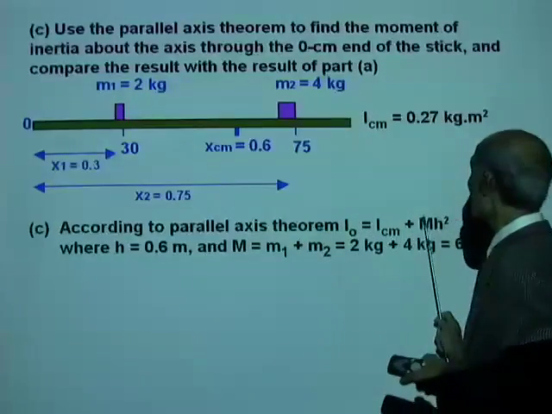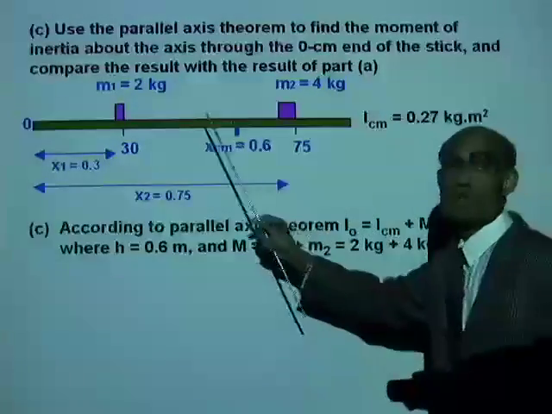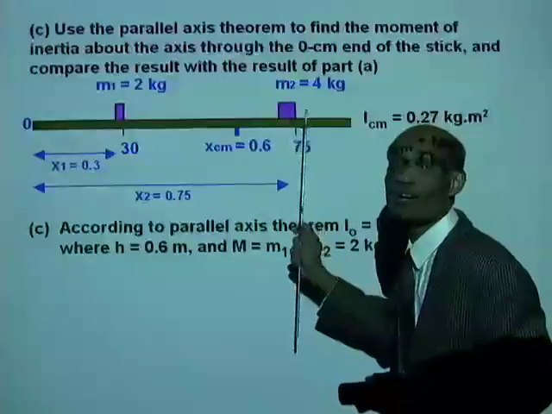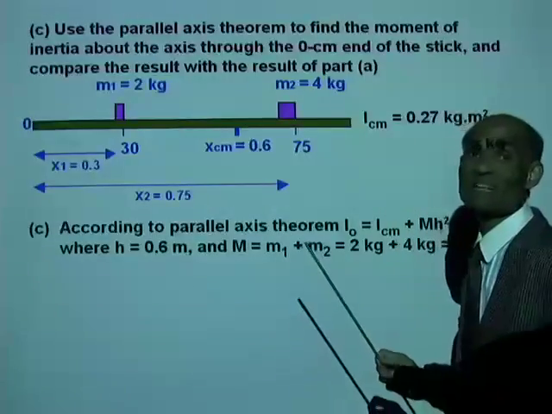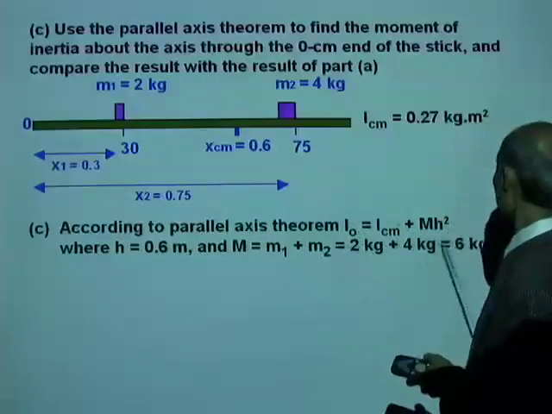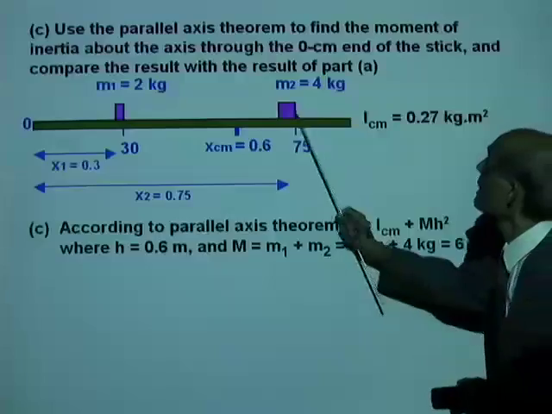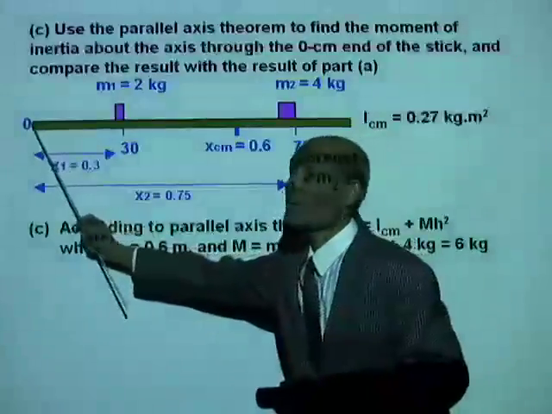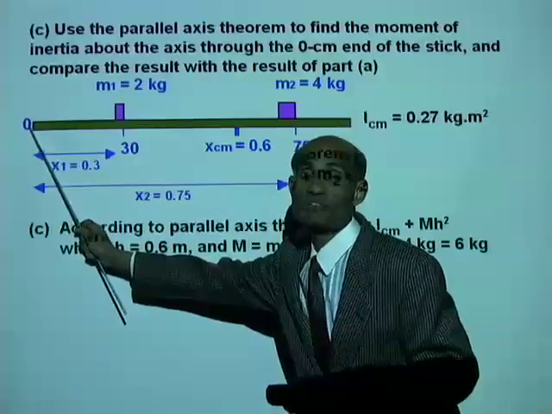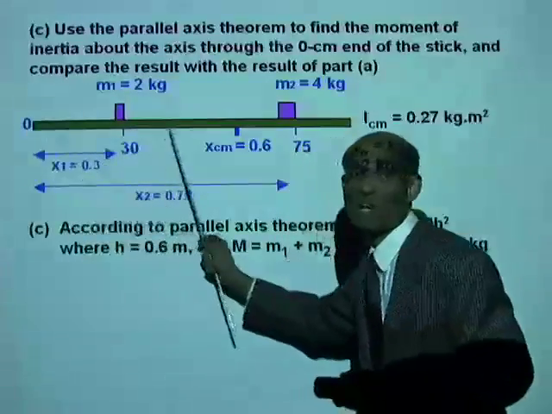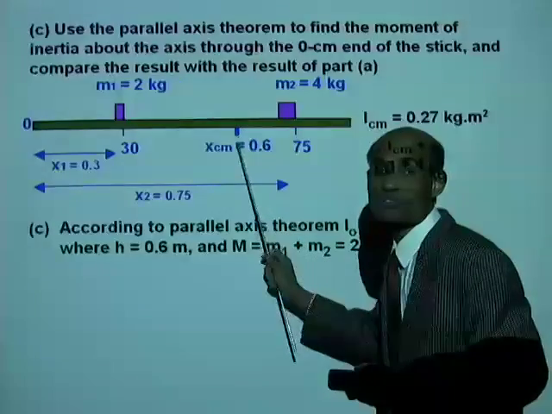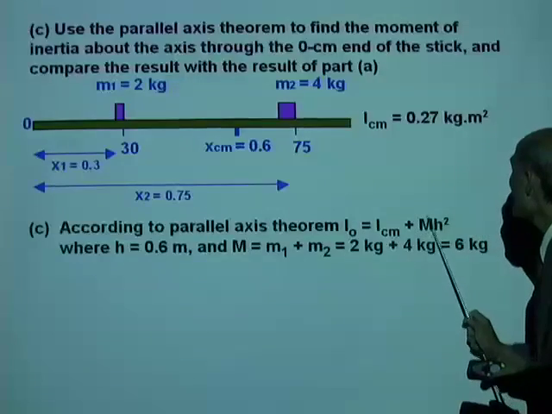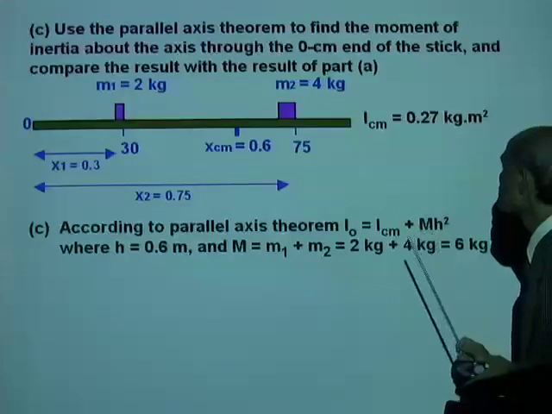And what does this m stand for? M is the total mass of the system, which is 2 kilogram plus 4 kilogram, that is 6 kilogram, isn't it? So the total mass of the system is 6 kilogram, and the distance of the axis that passes through the 0 centimeter from the axis that passes through the center of mass is 0.6. So M is 6 kilogram, H is 0.6,